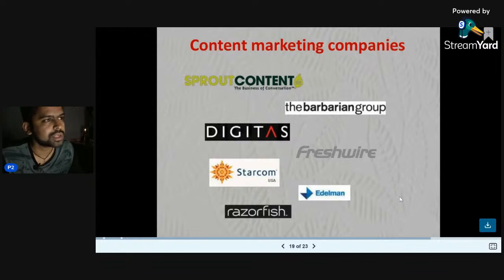And there are other companies as well. For the Indian context there are Shabang, Social Samosa, Marketing Mad Over Marketing, similar kind of words. So these are some content marketing agencies in the Indian context, but feel free to check these content marketing companies. You will get some good insights.